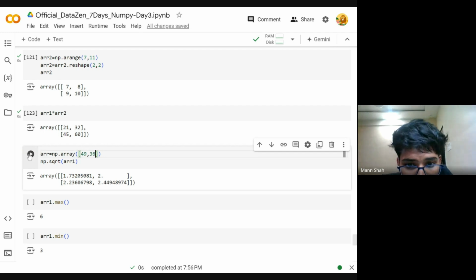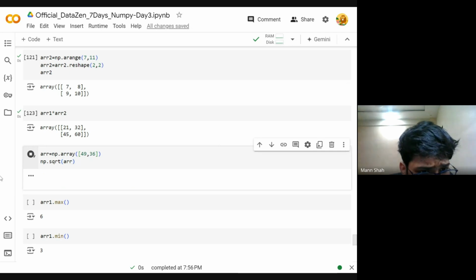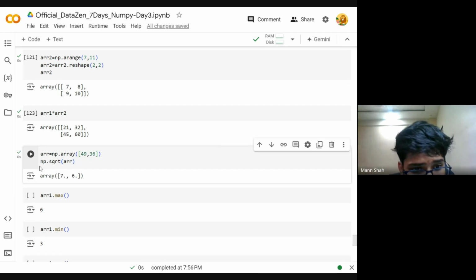49, 36 और इसको मैं रन करता हूँ। ठीक है, यहाँ पे आप देख सकते हैं कि हमें 7 और 6 मिल गया है जो स्क्वायर रूट है 49 और 36 के। ठीक है, अगर आपको समझाऊँ मैंने इसमें क्या किया। सॉरी, वो मैंने जैसे कि बोला, इट वाज नॉट मैट्रिक्स मल्टीप्लिकेशन बट इट वाज एरे मल्टीप्लिकेशन, जिसका हर इंडेक्स दूसरे एरे के सेम इंडेक्स वाले एलिमेंट से मल्टीप्लाई होकर थर्ड एरे में ऐड हो जा रहा है।